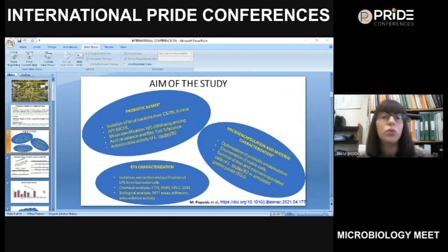So about the future research, the future research will be divided into three parts. Firstly, we would like to do some modifications of the functional groups of the exopolysaccharides for finding novel biomaterials for microencapsulation of the probiotic cells, as well as novel carriers for probiotics and drug delivery in the field of biomedical science. The functional attributes also of the polymer or its producing strains need further validation under in